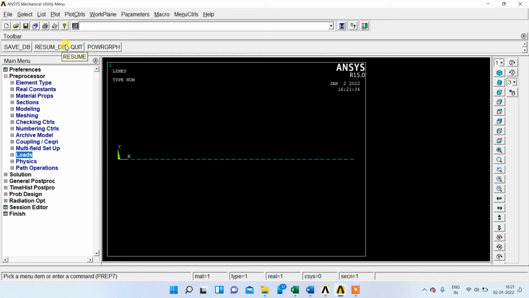Here, plot only the elements which are attached with the line number 1. The elements which are attached with the line number 1 are displayed. So now